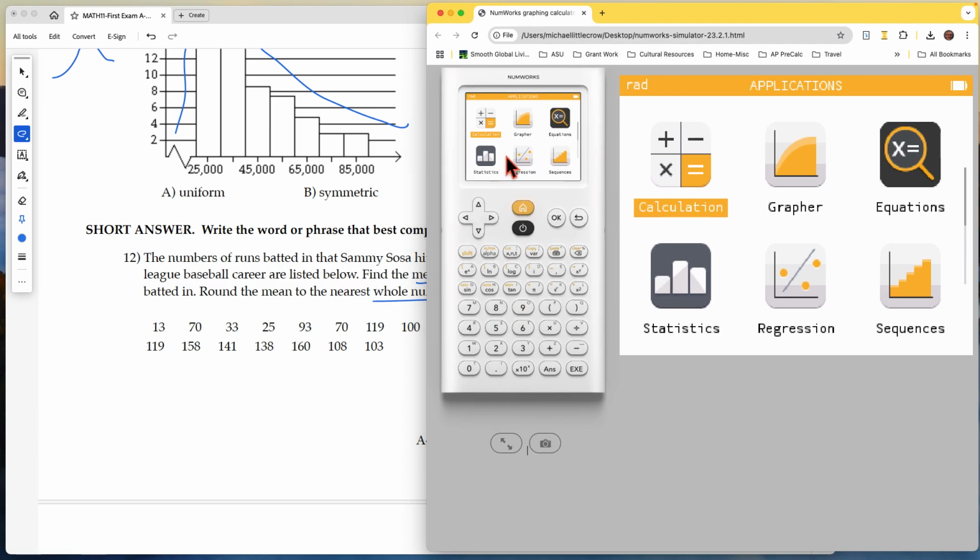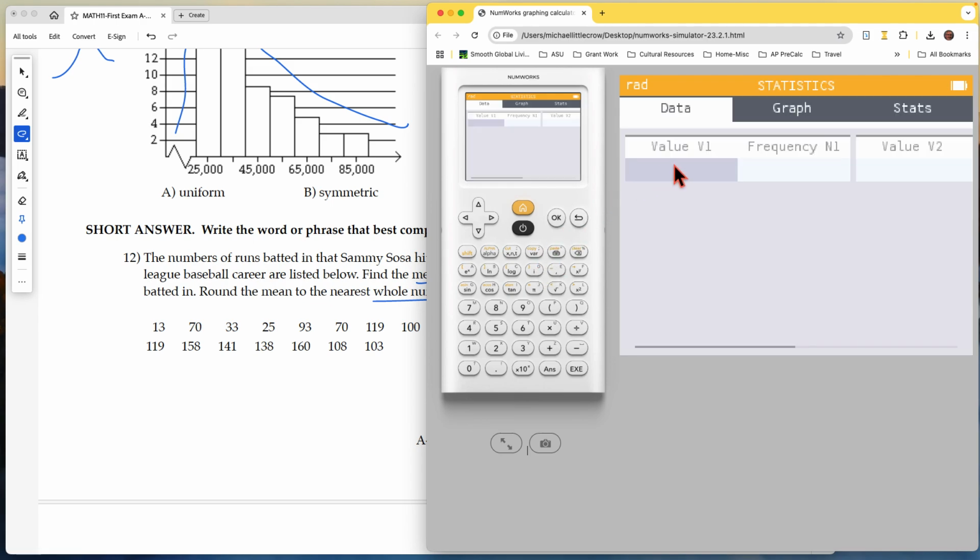So what we're going to do is go to statistics. We're going to put in all this data under value 1. So we'll just start entering it in. 13, and it's got a frequency of 1. 70, 33, 25, 93, 70, 119,